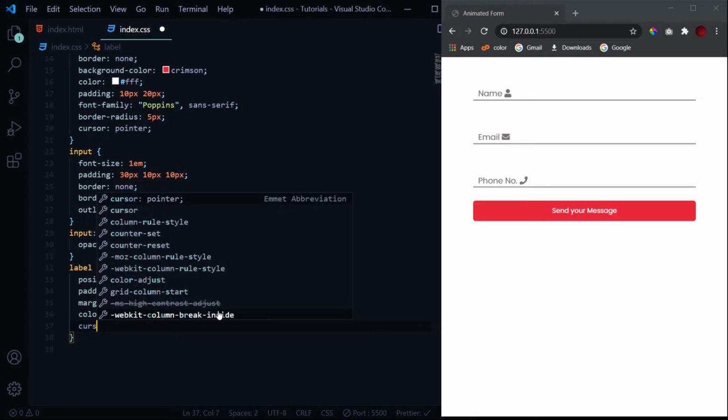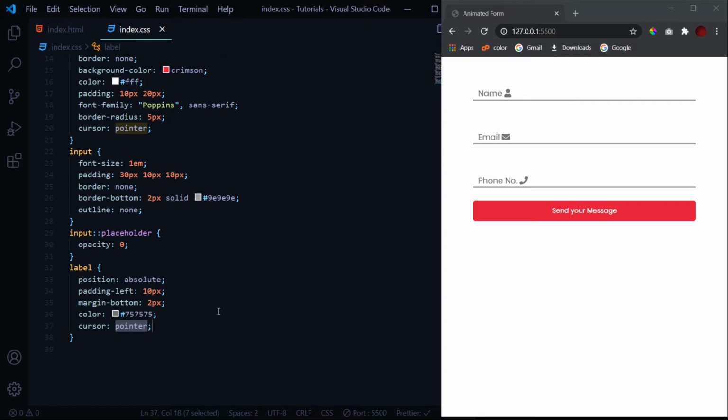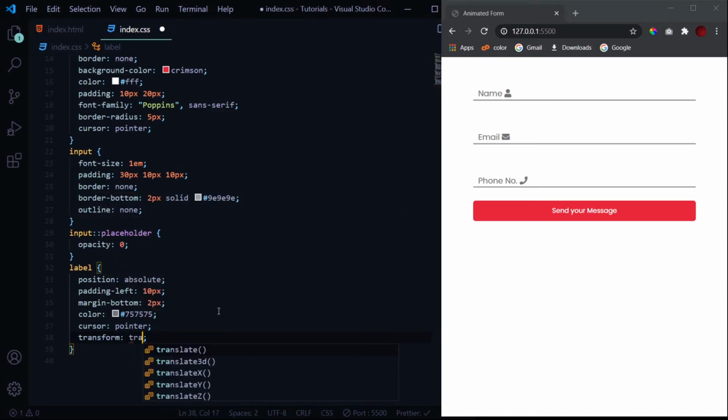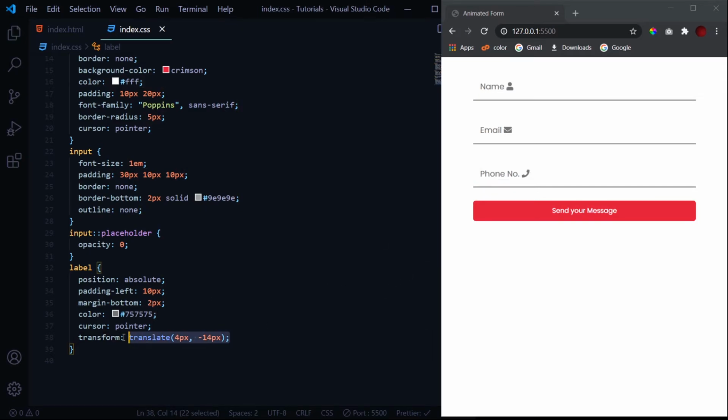Let's also give it a cursor of pointer, and at last we need to give it a transform translate, for we need to shift it a bit towards the right side and towards the top also. So this is what I tested while programming it. So this is the best combination I could look for.